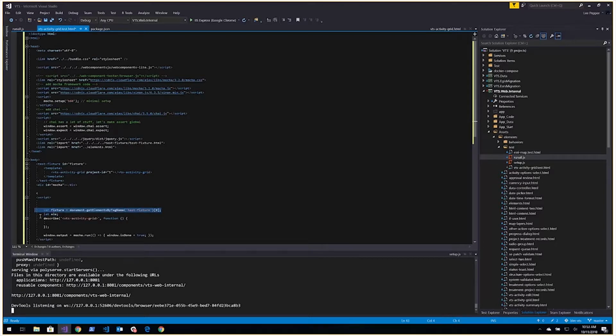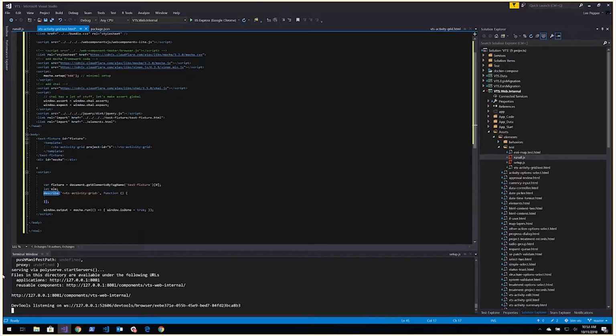And then we're going to describe VTS activity grid. So this is our test descriptions. So when we're doing our behavior driven, that's one thing we have to do there. The next thing we have to do is run the beforeEach method that's built into describe. We need to get the element from the fixture. So element equals fixture.create. So it's going to instantiate the fixture, create the element so that we can use it